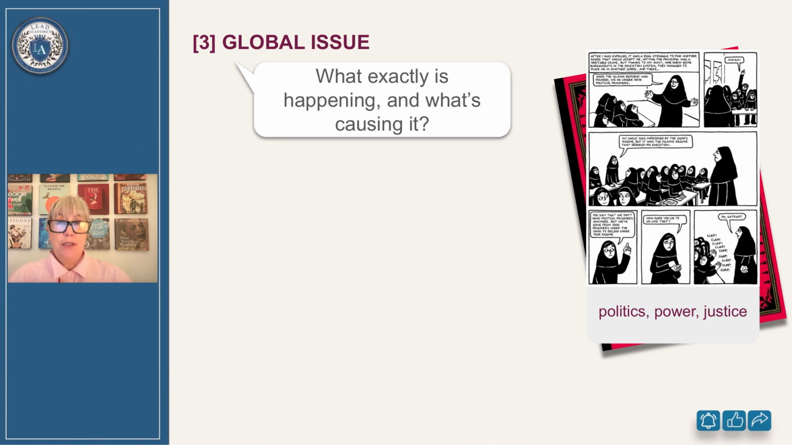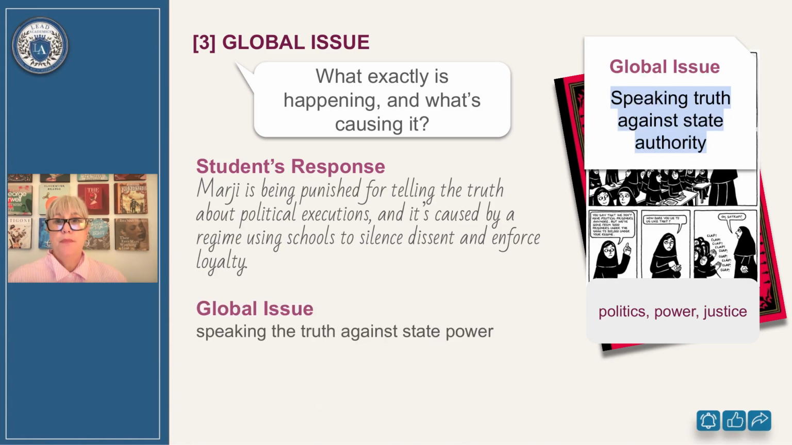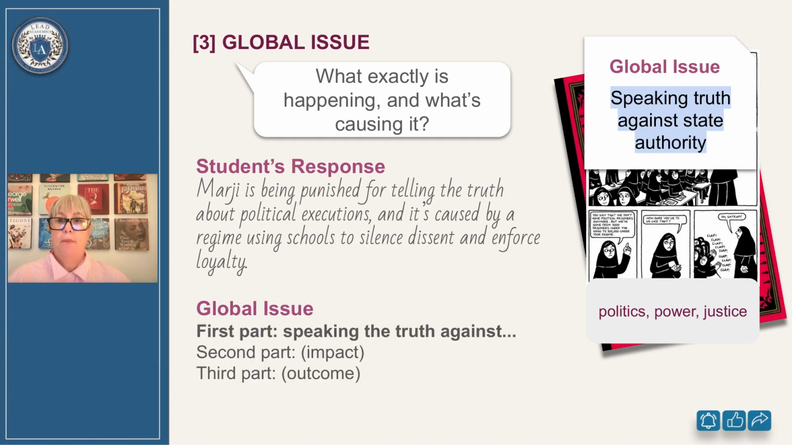So to narrow that field even further, the third question, what exactly is happening and what's causing it, is designed to help students target a specific global issue. The student's response is that Marji is being punished for telling the truth about political executions, and it's caused by a regime using schools to silence dissent and enforce loyalty. This attention to detail narrows the field to a very specific global focus, speaking truth against state power. This is just the first part, though. There are two more parts to the global issue: its impact and its